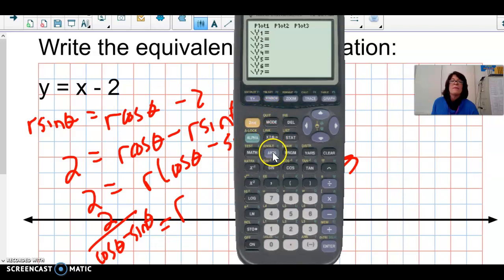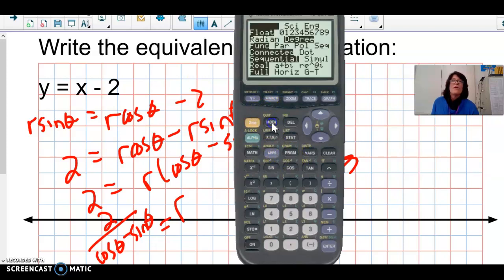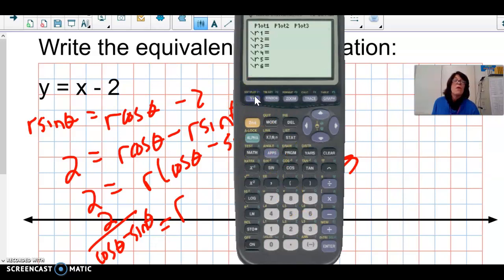Oh, I forgot to change my mode. Mode, watch this. I'm just going to put radians. It doesn't really matter, but I'm going to go to polar coordinates. Okay? I want polar. So now watch what happens, guys, when I hit y equals. Oh, it switched to r equals 2 divided by parenthesis